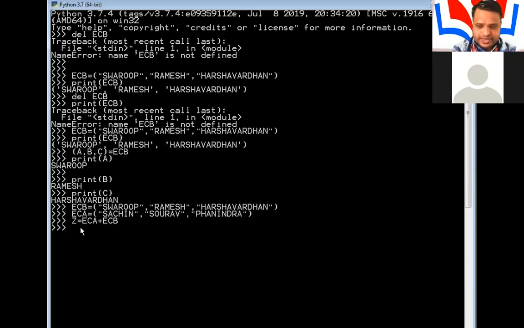Now I will be printing the value of z. You can see the difference in the output.